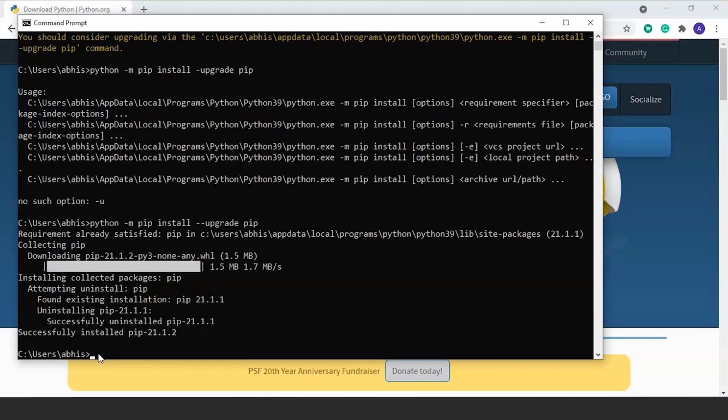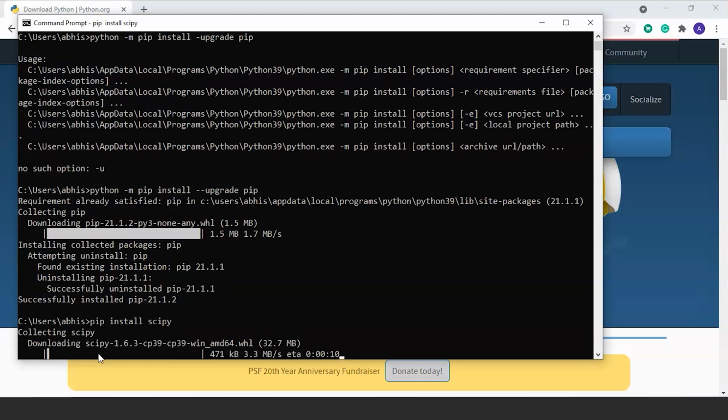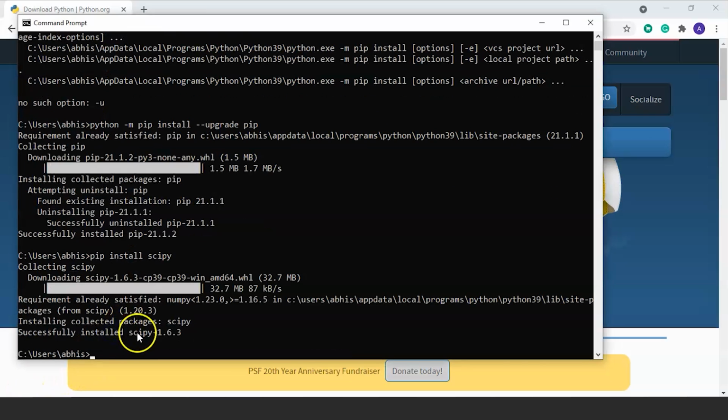We have installed the first library, that is NumPy, and that's the basic requirement for the installation of SciPy library. So now we will install the SciPy library. For that we will write the command pip install SciPy and press enter. Depending on your internet speed, it will be downloaded. Now you can see that the SciPy library has been installed successfully, and here you can see the requirement already satisfied, NumPy. So we first downloaded the NumPy library so that we can easily run the SciPy library.